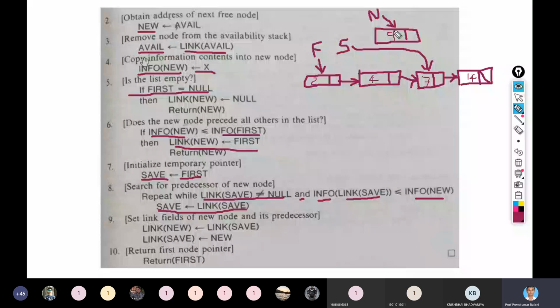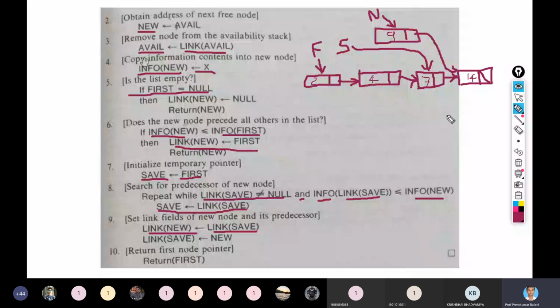So what should be the steps to update the links so that this node becomes part of this list? The first step is link of new is equal to link of save. So link of save is pointing to this node, and the link of new should be updated so that it points to this node. And the link of save equal to new.